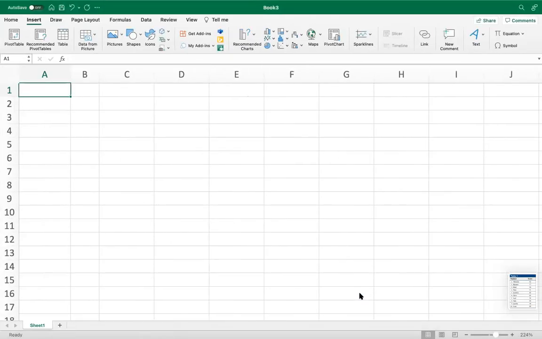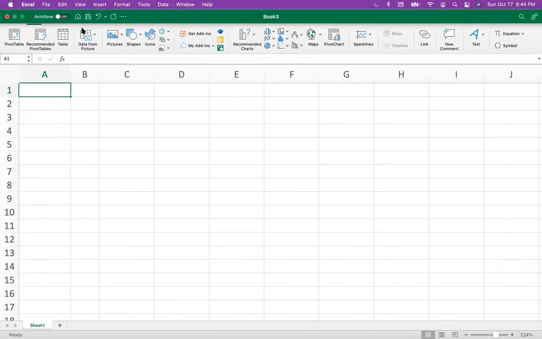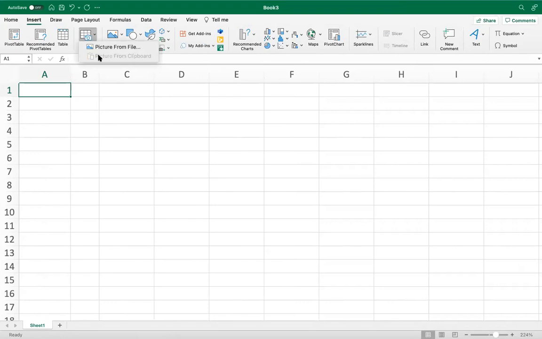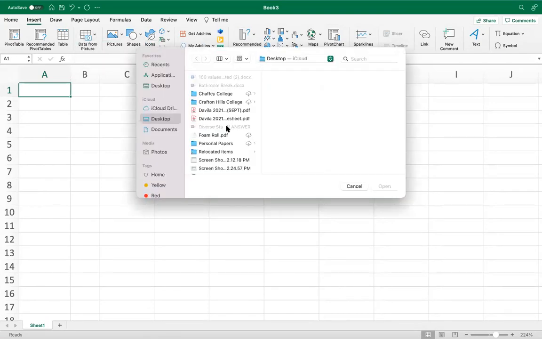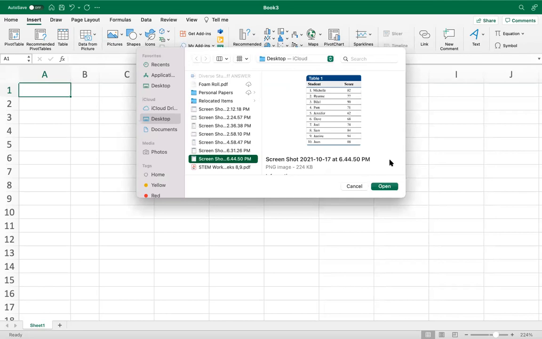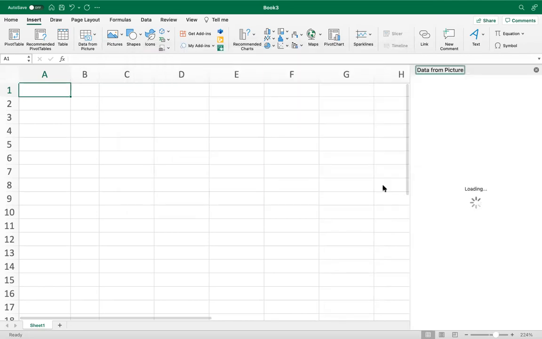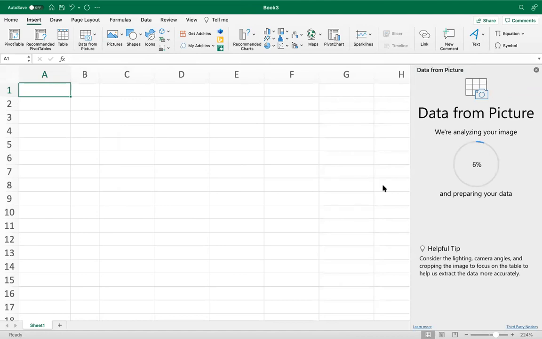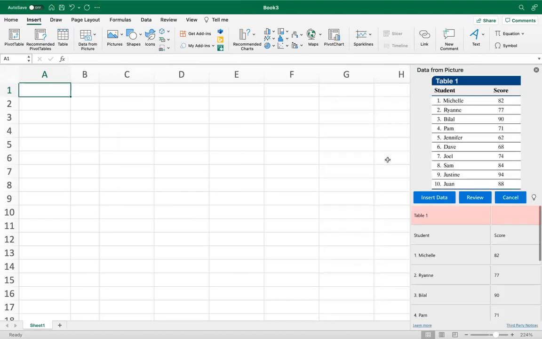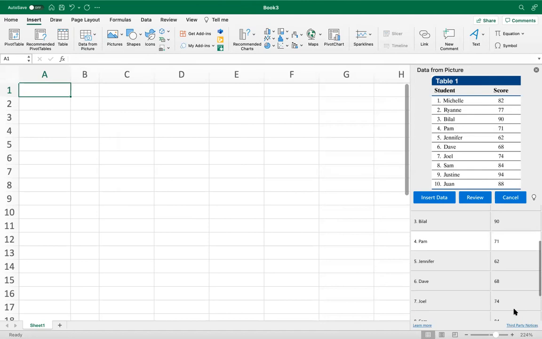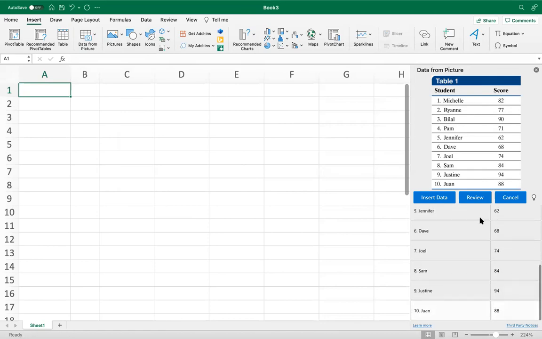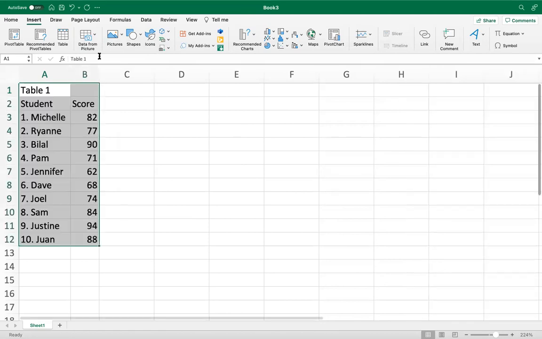Perfect. And we're going to come right over here to Excel. Since we're slowly but surely becoming experts on this, we're going to get the data from the picture. From here, the most important part is that the data is correct. We really don't care whether the names are correct at this moment. So data looks good, insert data. And now that we have that, we could start our